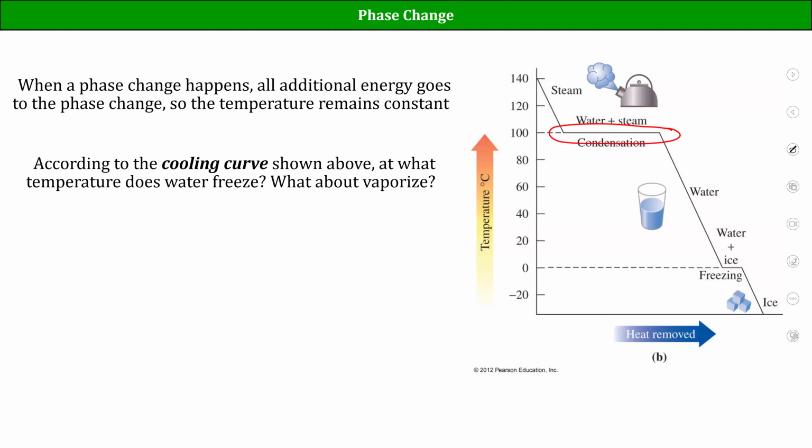We're taking energy away, but the temperature is not changing. What's going on there? It's phase change, it's condensing. Anytime you see a flat spot on one of these heating or cooling curves, it's a phase change. Right, so on our phase diagram,